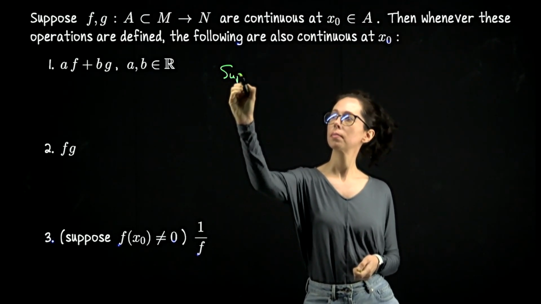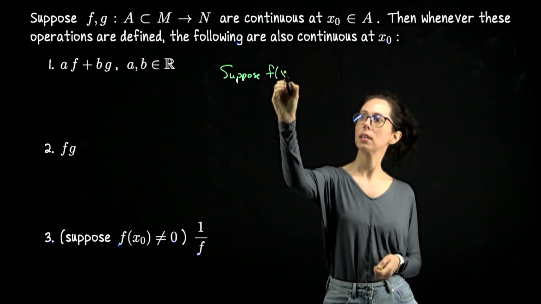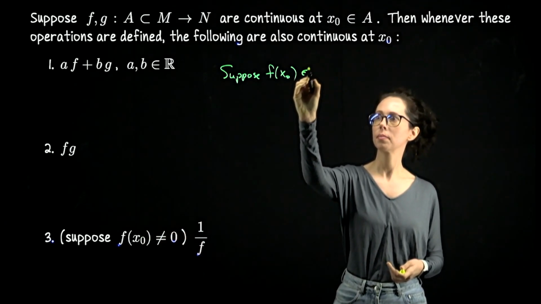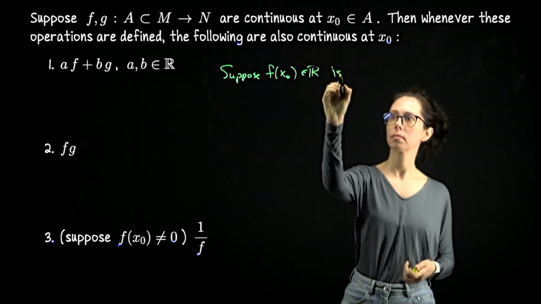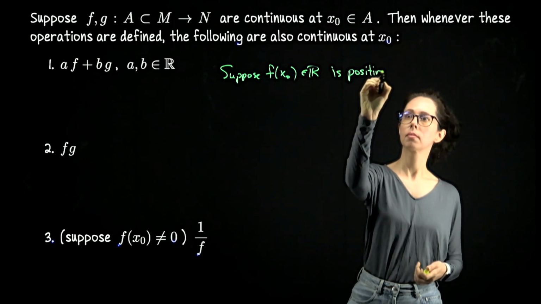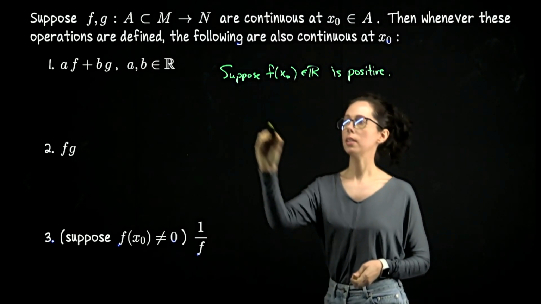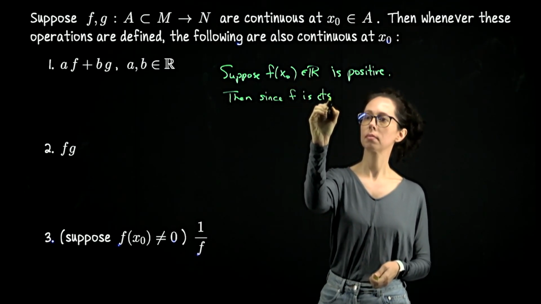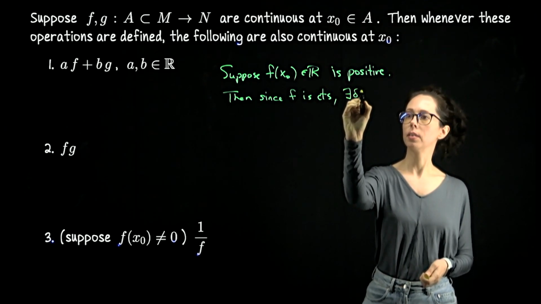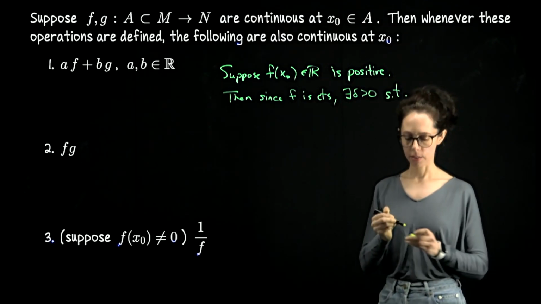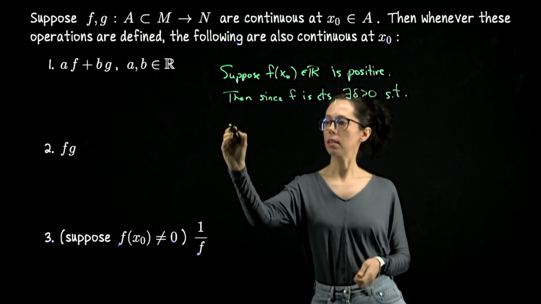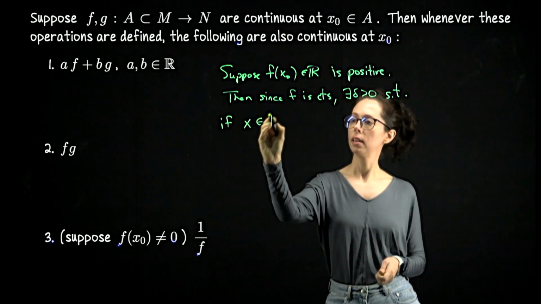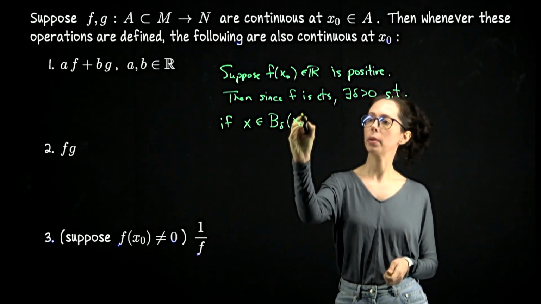So suppose f of x naught is positive. Again, this computation really just makes sense if f is sending us to real numbers. Then since f is continuous, there exists a delta greater than 0, so that if x is in the delta neighborhood around x naught, but also the domain,